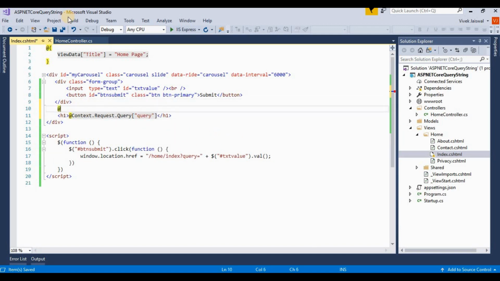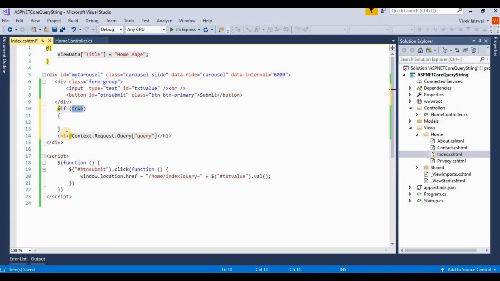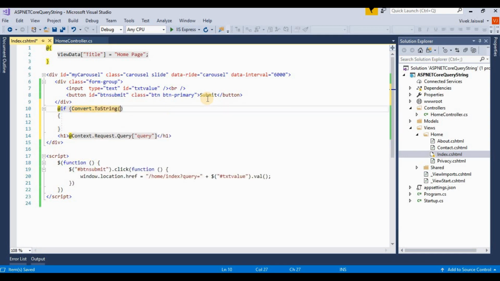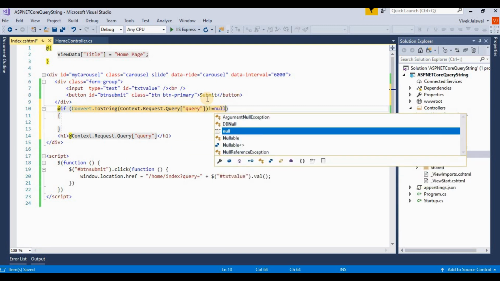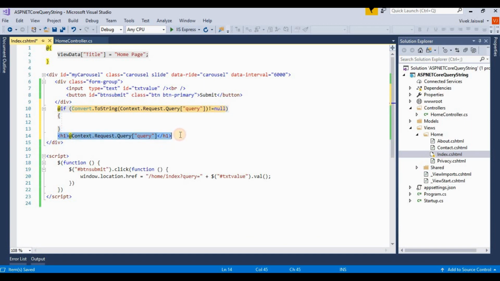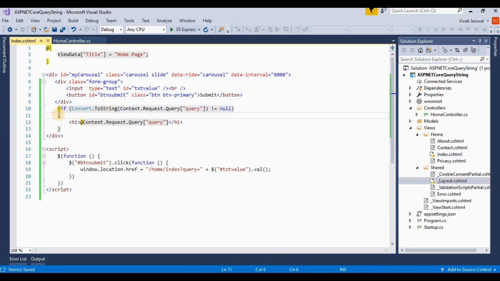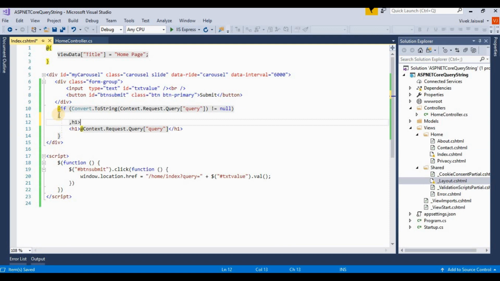I'm adding one more condition for this: when this is not equal to null after converting to string, then this will be printed. And I'm writing one heading that this value comes from the query string.